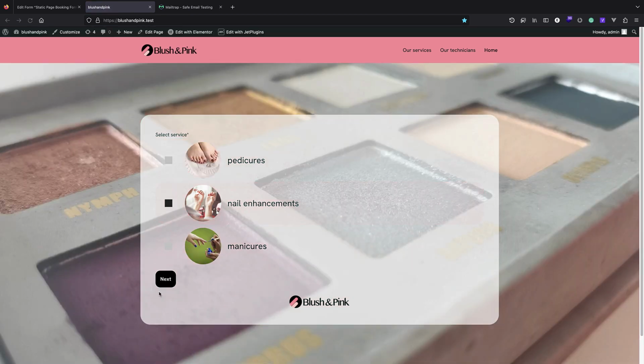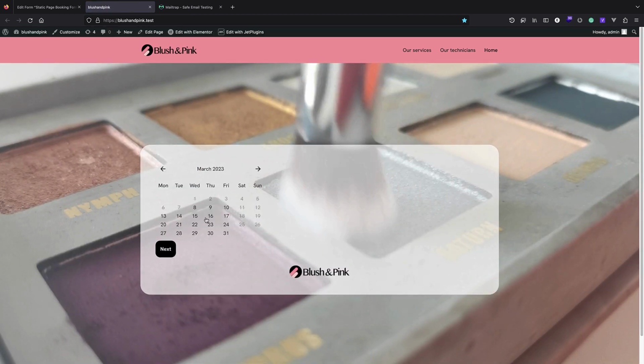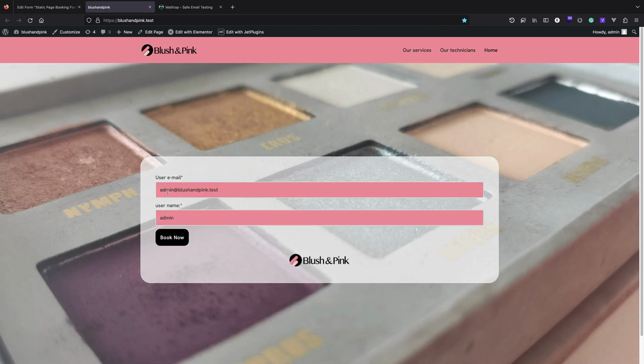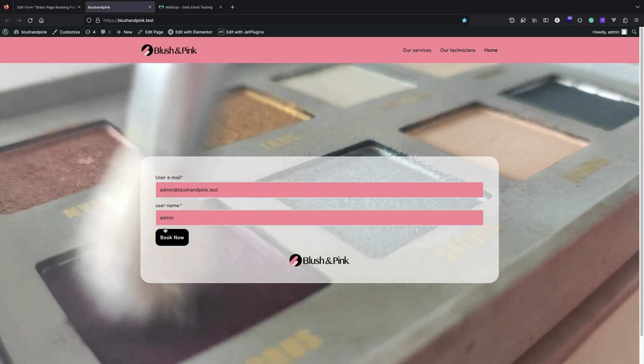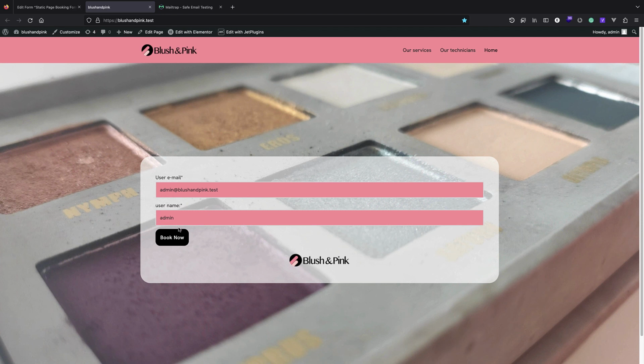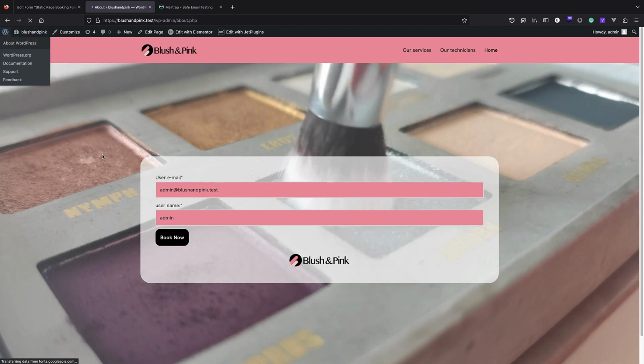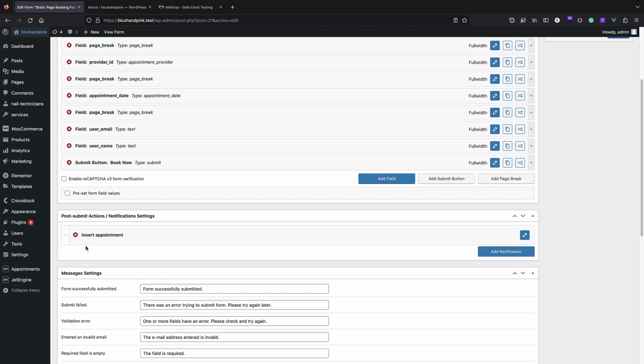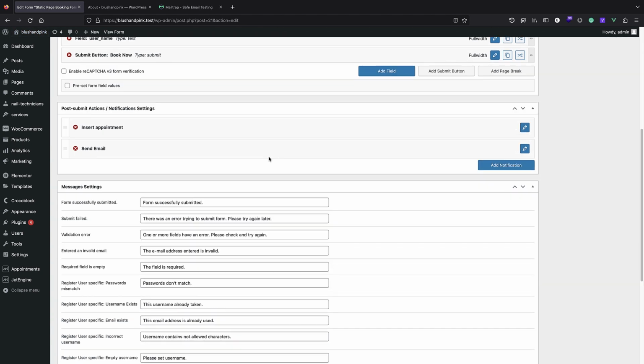And now, because I'm logged in here, if I just try to order, so nail enhancement and Lily, and select the date and next, and as you can see, my email and my username are pre-populated here, so they are the default values. So this is a nice thing that we can just do to our website, and now we are ready to continue with this action. So the first action here is, of course, insert appointment. We always need it because you're just going to add the appointment into your database so that it's visible here. Now, if you have any additional field, you just have to add them in your insert appointment, but we can have more notifications. So if I just click on add notification,